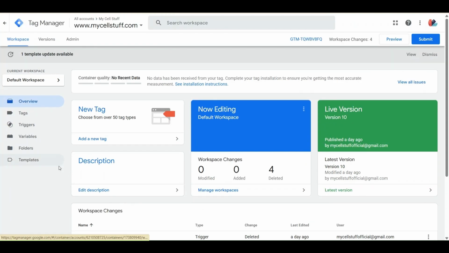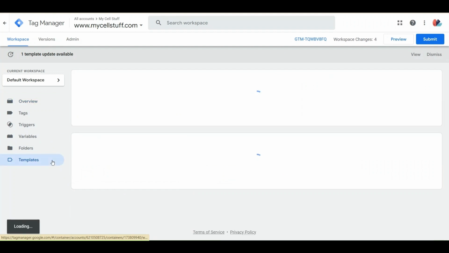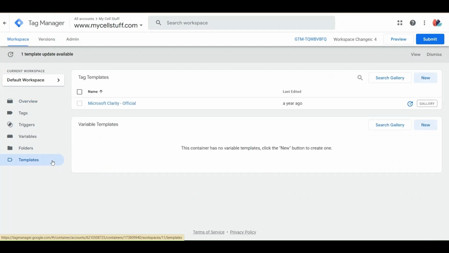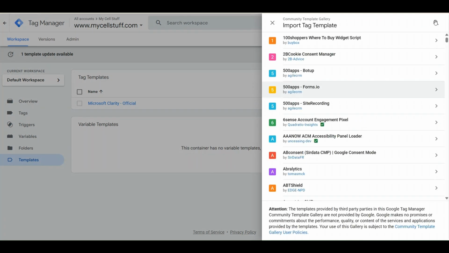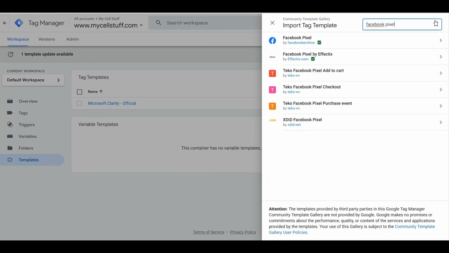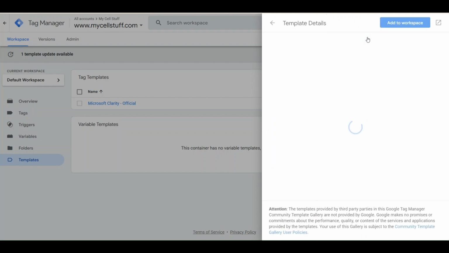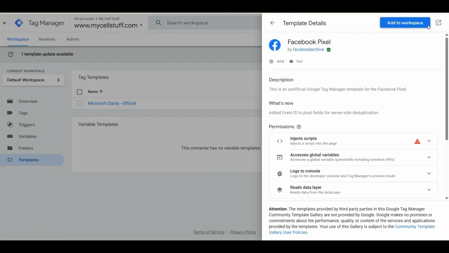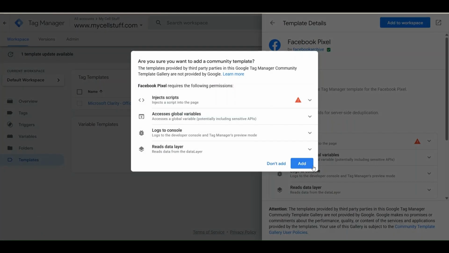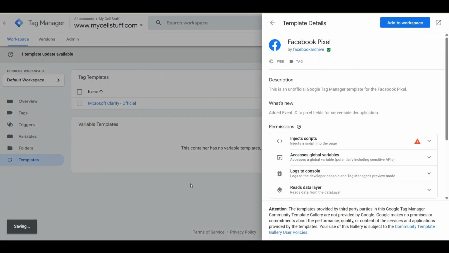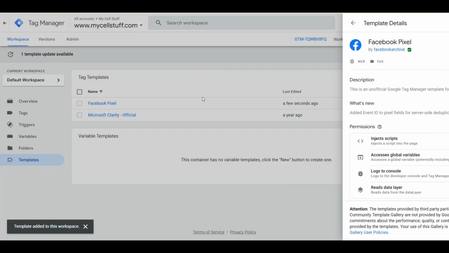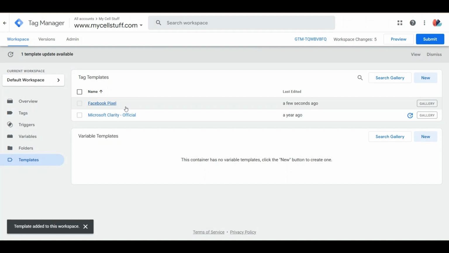For that, you need to go to the Templates option from the left menu, click on Search Gallery, and in the search bar, type Facebook pixel, select the Facebook pixel and click on Add to workspace. Confirm by clicking Add. Using a template ensures that all the required scripts and triggers are correctly structured and ready to use without writing a single line of code.